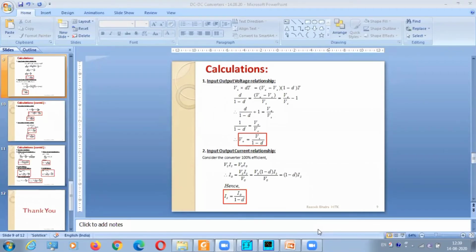We'll just go through these calculations very fast because you can see it, it's derived already, and last day we have done all the calculations. I told you these formulas will be required for solving problems. So let's start with the calculation part.